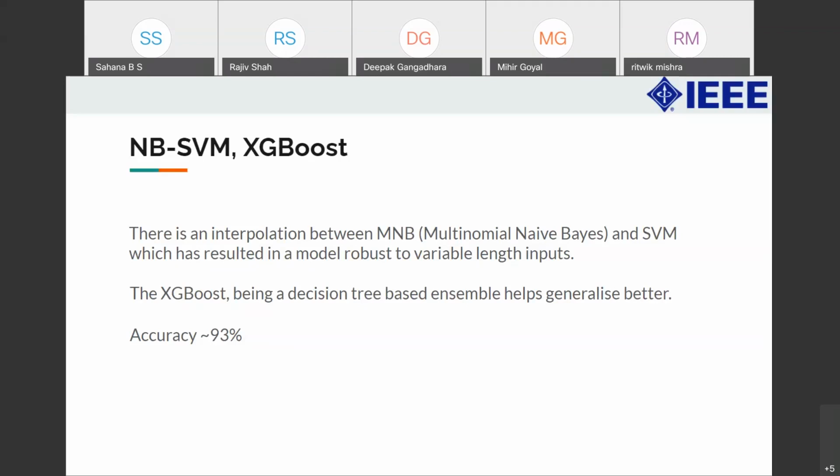However, the paper that proposed NBSVM said we could use logistic regression in place of SVM and it would give similar results. We had actually used LR as our base ML model, but we know that LR has a high bias, right? So in order to counteract that, we used a decision tree based ensemble, XGBoost, so that we can generalize better. These two models are really diverse, which gives us a reason to combine. Both of them gave a pretty good accuracy of 93 to start with.